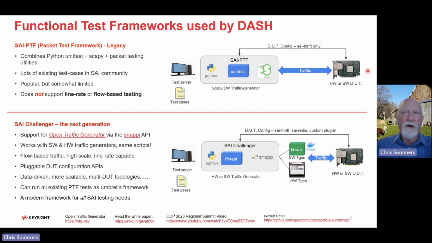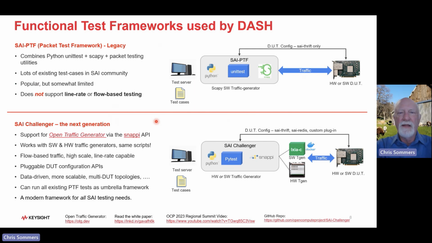You can use a hardware or a software device under test, but the packets only come out at modest CPU speeds, and you don't get continuous streams of packets. And there's no clear way to go from this framework to one that uses hardware traffic generators. So it's a little bit limited. Once you write these tests, you're kind of stuck in the software packet generator world. We wanted to add the capability of easy migration to line rate packet generation without rewriting the scripts. So we adopted the SciChallenger framework as a complement to SciPTF, and we've recently enhanced it with many features to